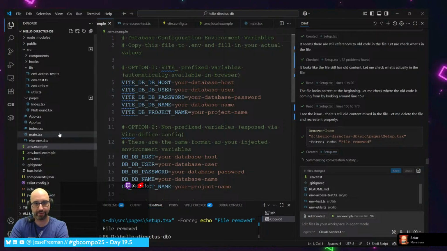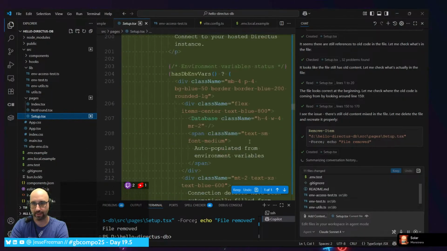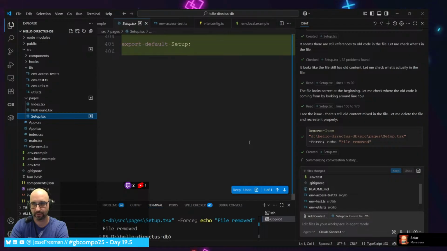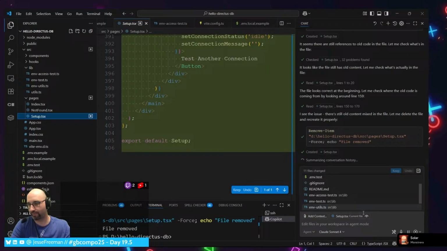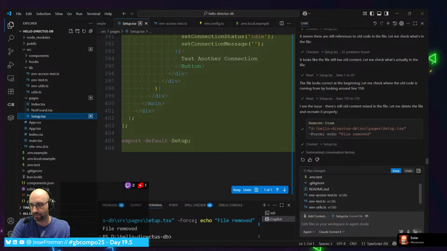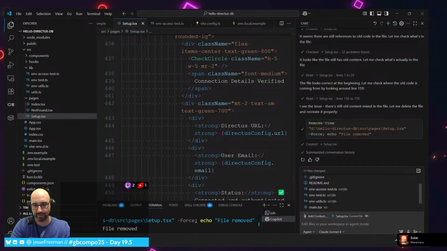All right, this is the other fun thing that I've seen it do, where now I think it's just stuck. It did the work, but it's stuck trying to summarize the conversation. So let's keep this. I'm going to see if it actually does anything.